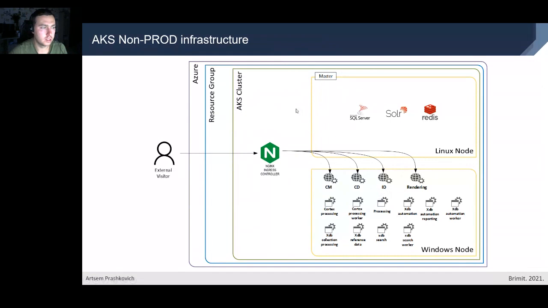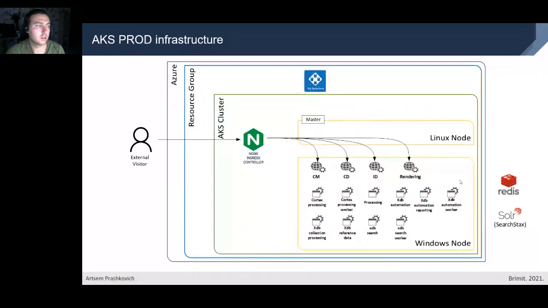Yeah, so this is about our non-production infrastructure. And if we look at the production one, there are not really a lot of differences. Only one thing, that we don't have anything inside of the Linux node, but we still have to pay for it. So this is a system one, and you cannot remove it, but you have to buy it. And all other nodes,